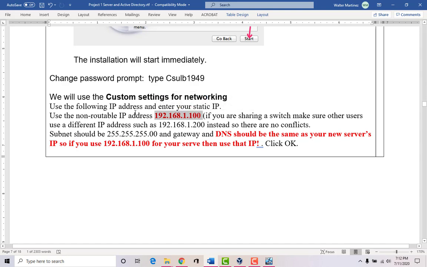So we're going to put in a static IP address of 192.168.1.100, and that's going to be unique to our server 1. We're also going to use this subnet, and then the gateway is going to be the same as the server IP address. Alright, so let's configure that.